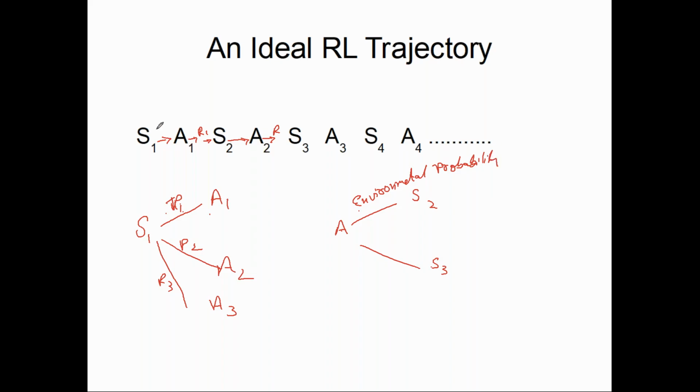So there is one probability between states and action. This probability is because of the policy, and as a result, from the action to the next state, there is another probability which is because of the environment. So there are two sequences of probabilities. So this idea will help us further to know about the sequence of states and actions.